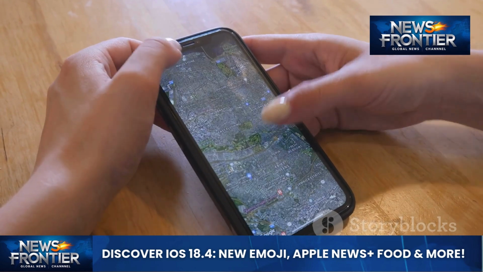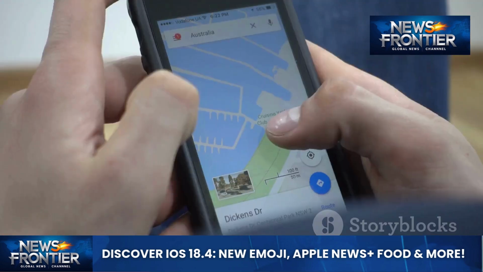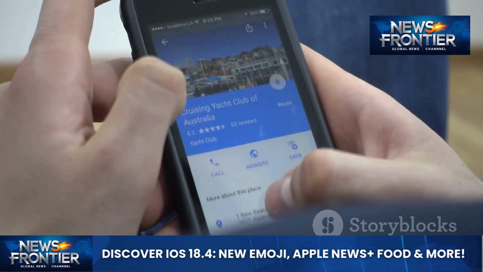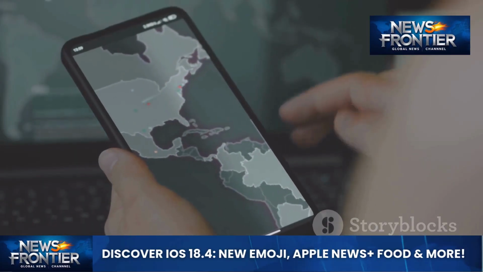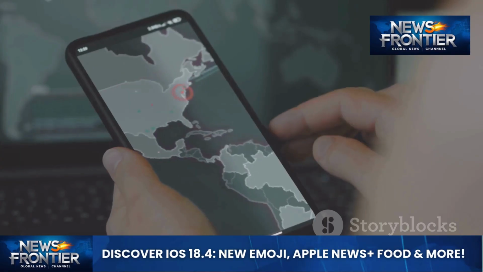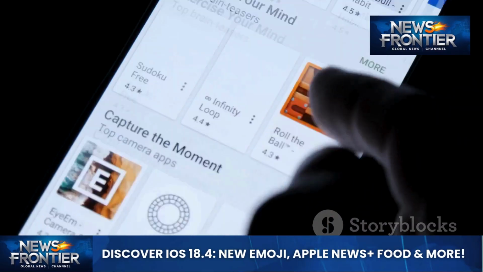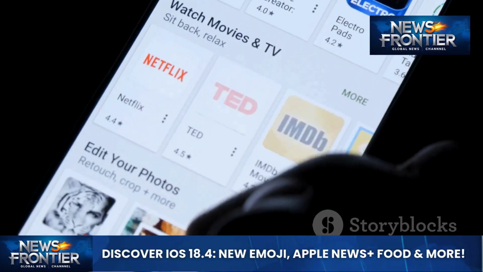Let's be real, Apple Maps has come a long way since its rocky start. But for some people, it's still not their go-to navigation app, and that's perfectly fine. We all have our preferences when it comes to navigation apps, and that's cool. The good news is, iOS 18.4 is finally giving you the option to ditch Apple Maps as the default and